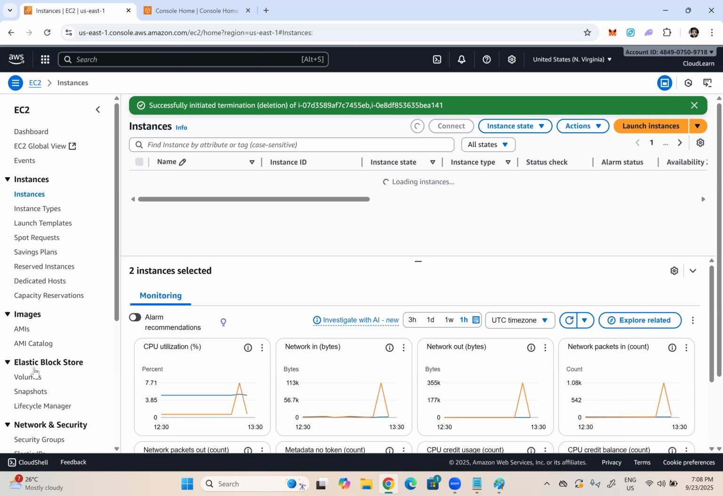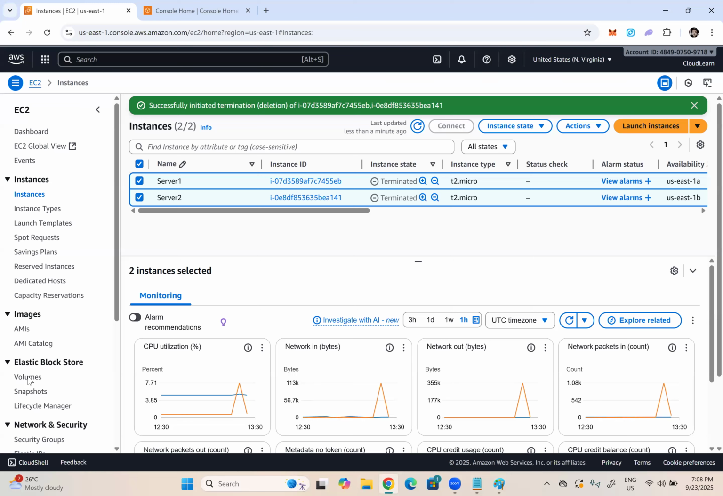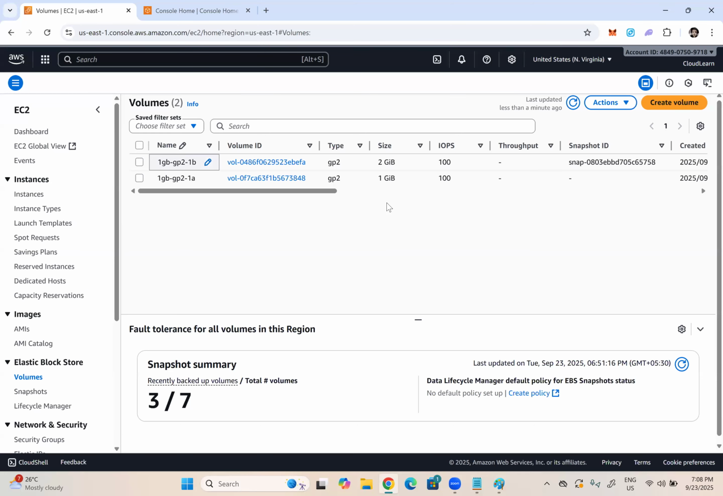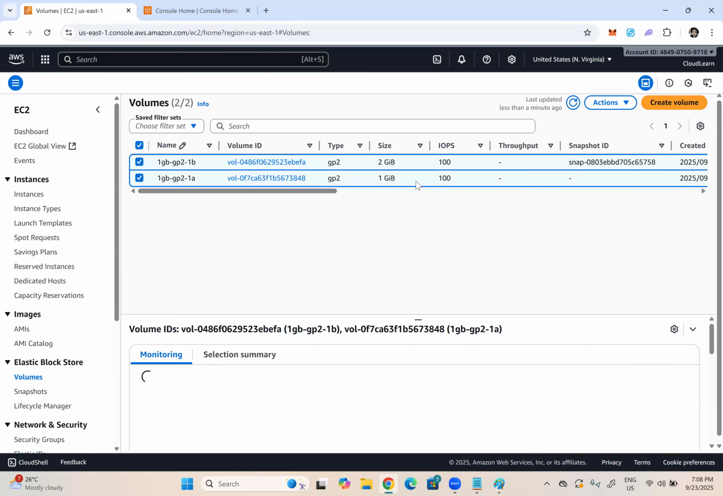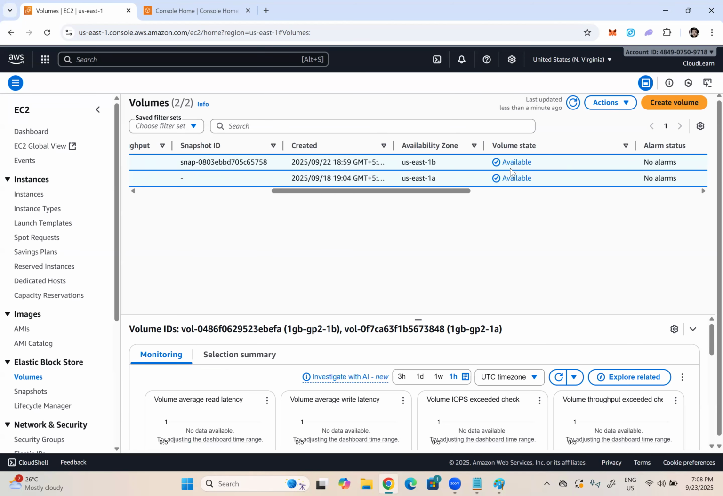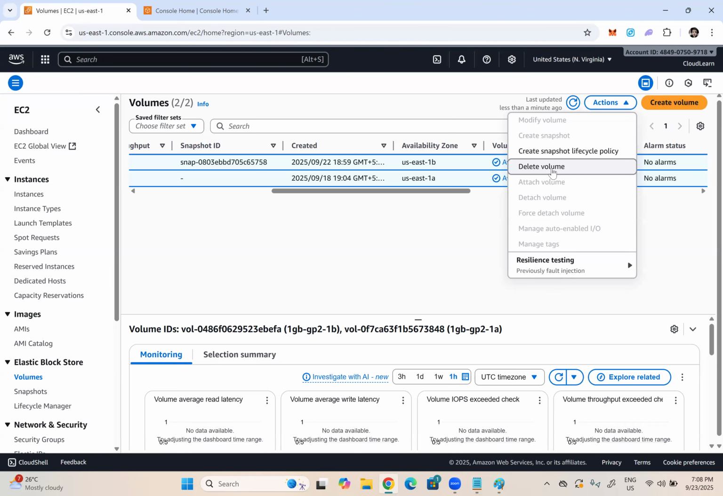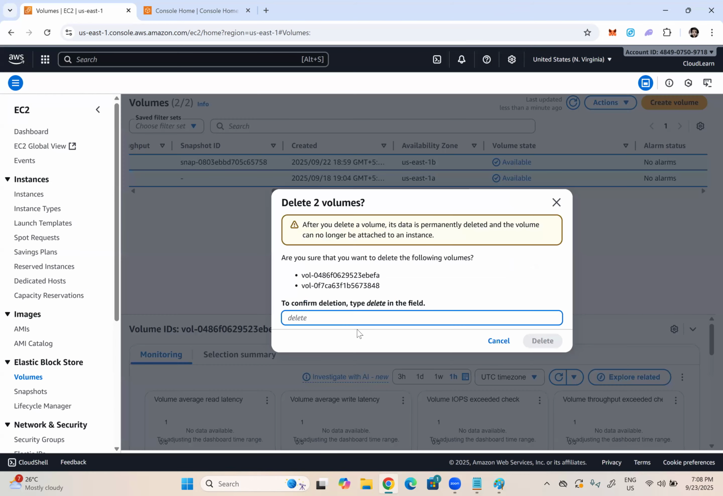So here I can go to volumes. Just let me do a quick refresh here. What happens? The root volumes got deleted, but the additional volumes still exist on your account. So they will be charged. I will select both the volumes, and the state is available, because there is no EC2 instance to which these volumes were attached. Let me click on actions, delete volume, and for confirmation type delete